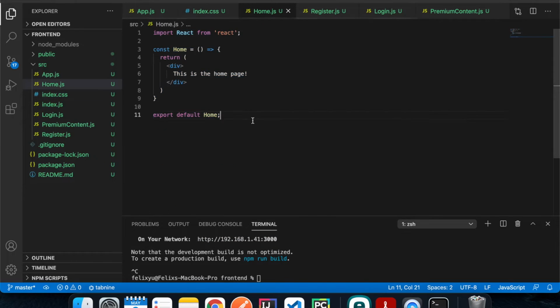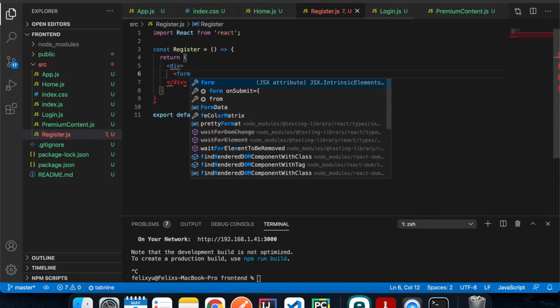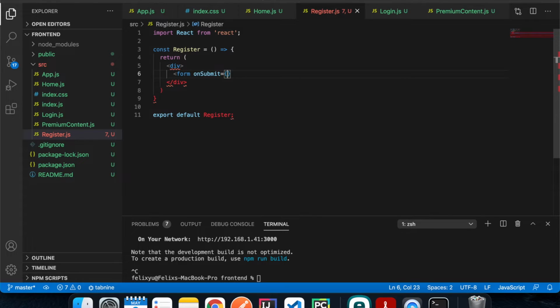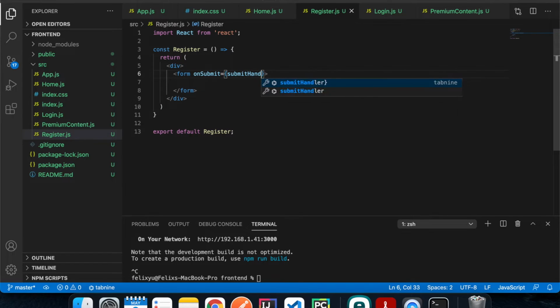Alright, so the home page is basically done. We don't need anything else. Now let's work on the register page. Let's build a form for user input. So we're going to do a form, and then the callback function is going to be submit handler,